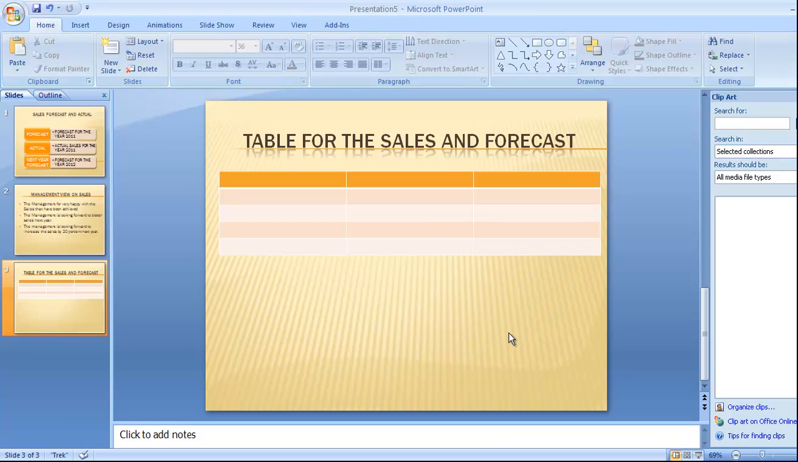Right now I am not going to add anything to the table, and we are going to move to the next slide again by clicking right